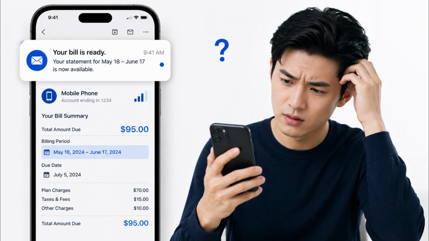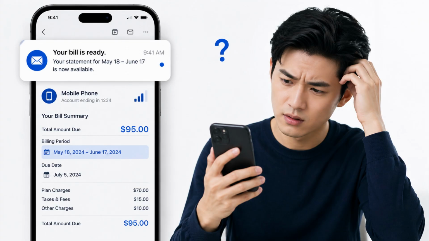The total amount owing, $95. The billing period from May the 18th to June the 17th. And the due date is July the 5th. And here's the question. What exactly just happened from an accounting perspective? Because if you just record, and you'll be tempted to do this, phone expense 95, cash 95, you're missing something